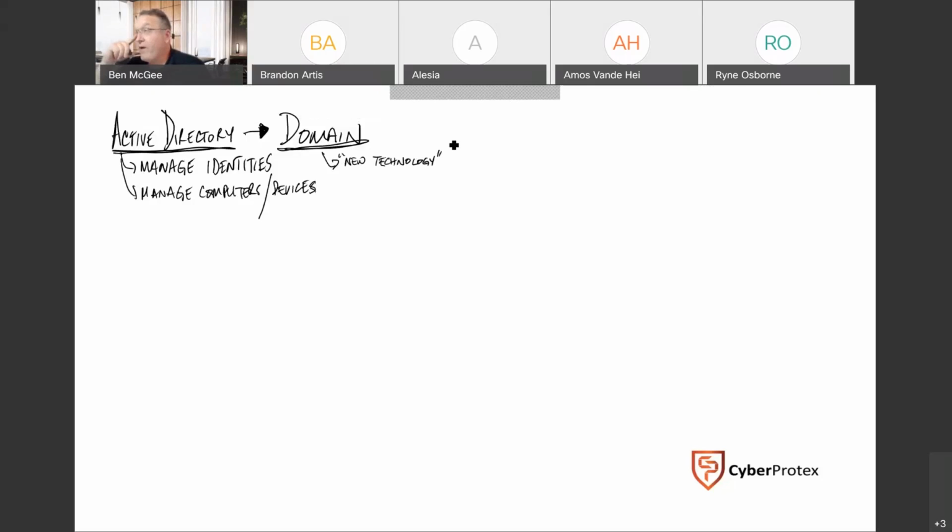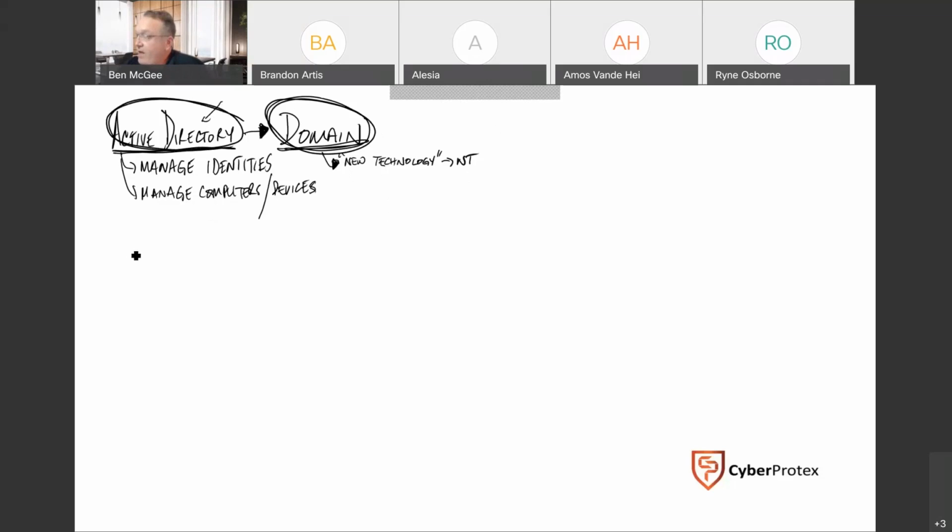I think I mentioned this the other day. They called it the new technology, probably for the first year that it came out, and then after that, it just became NT. With this new technology, they gave corporations the ability to make a domain, and inside of that domain, they gave you Active Directory, because the directory was a way for us to organize information, to manage identities, to manage computers and devices in a way that